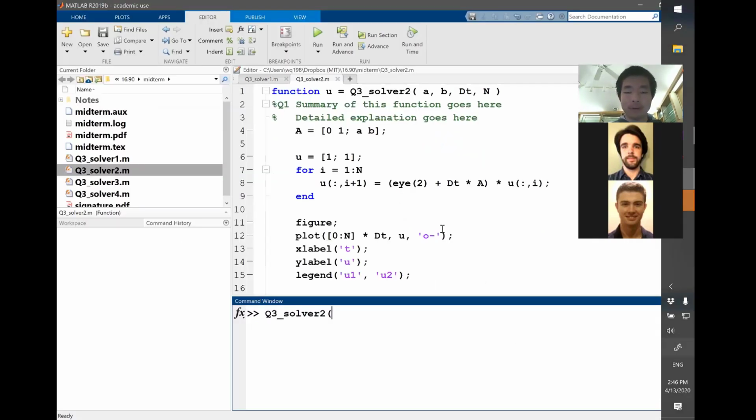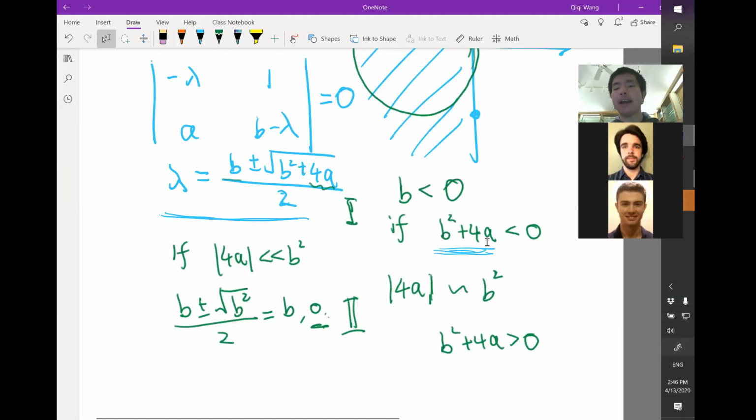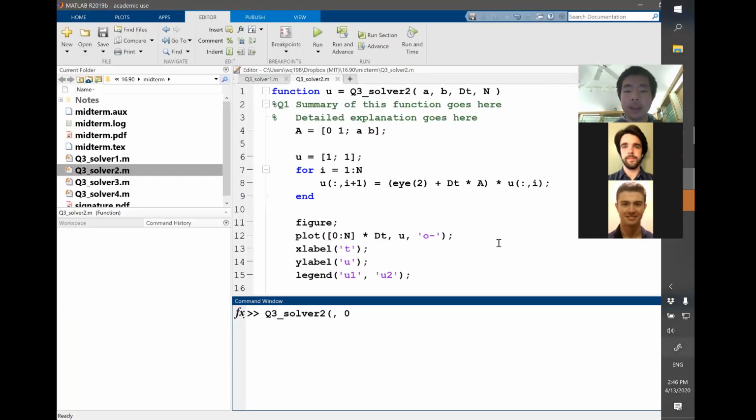So for example, if I give B is 0 and A, since B is 0, if I want the sum to be less than 0, A has to be negative, right? So if I take 0, -1, 0 for A and B, so for any time step, and let's integrate with 1,000 time steps and 0.01 time step size,